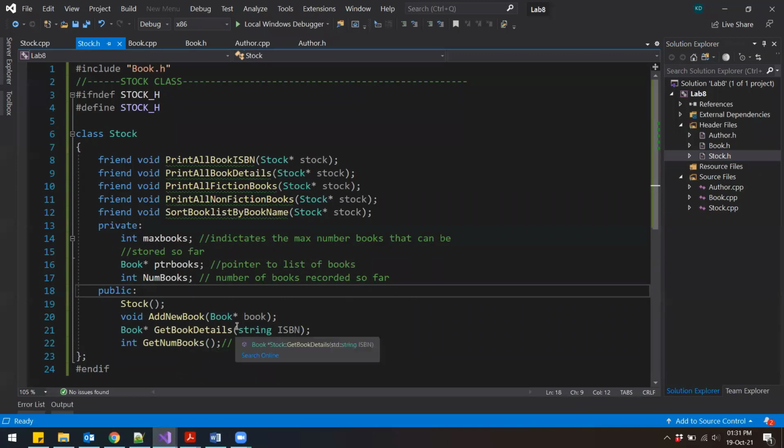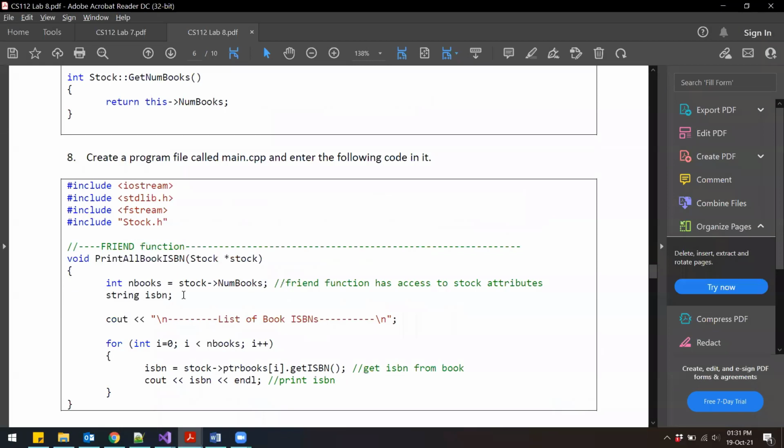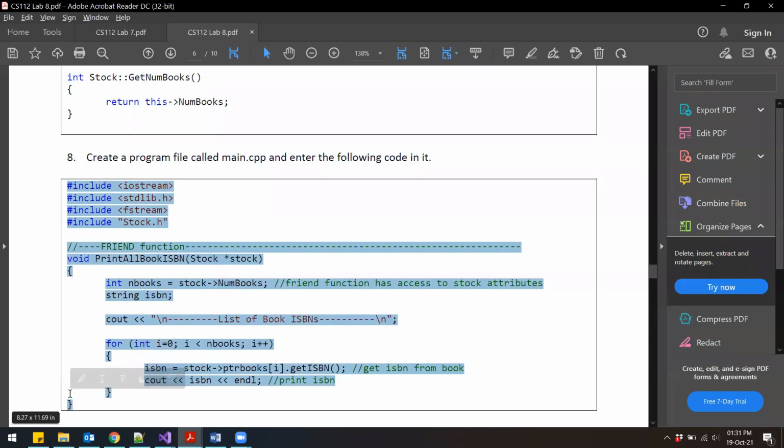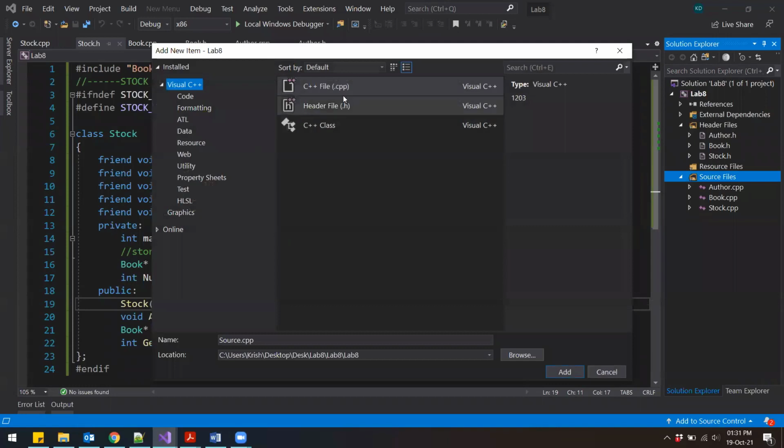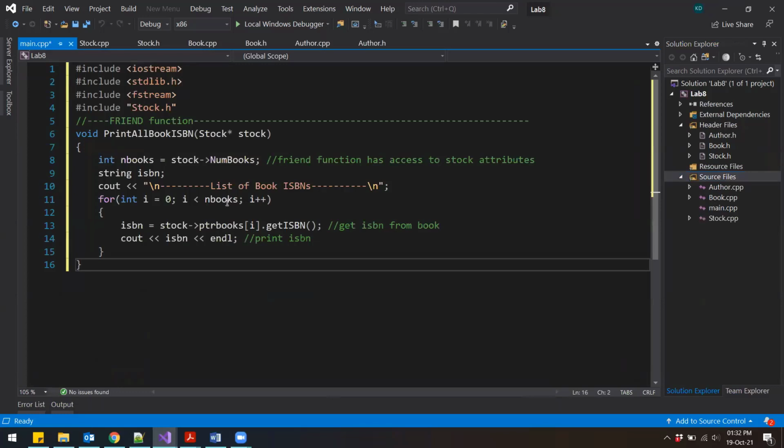Then next we have some more functions and code. So this is create a program file called main.cpp and enter the following code in it. So this code goes in my main.cpp file, new item, cpp file. Right, so I am adding this under the source files, and this is called main.cpp. Add and paste the code over here.